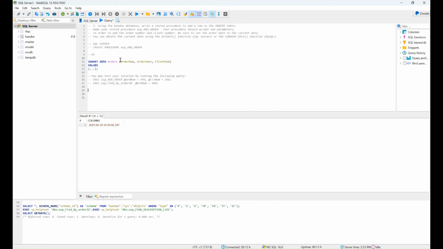Not to belabor the point, usually my pattern is to go through with a specific value and then automate it, but for a very, very simple insert statement like that, I don't think we need to do that. You know the pattern for the insert statement at this point. So we're going to insert into the orders table order num, order date, and client num. And the values that we're going to put in there are going to be